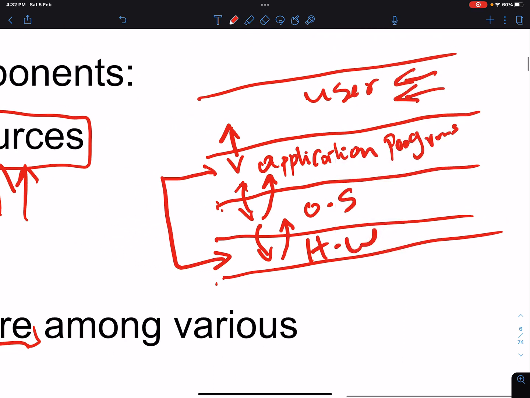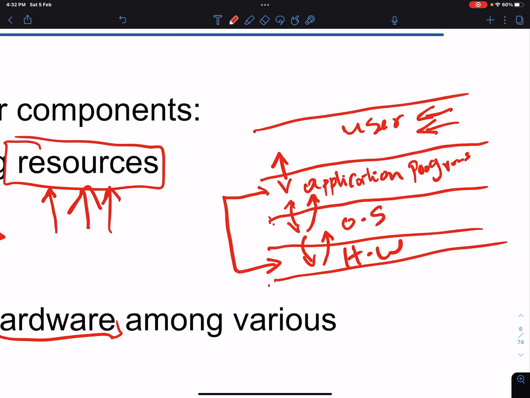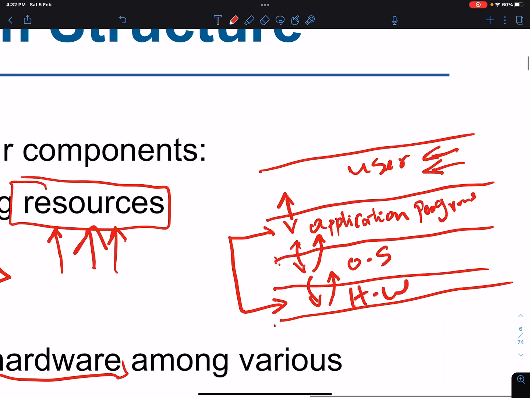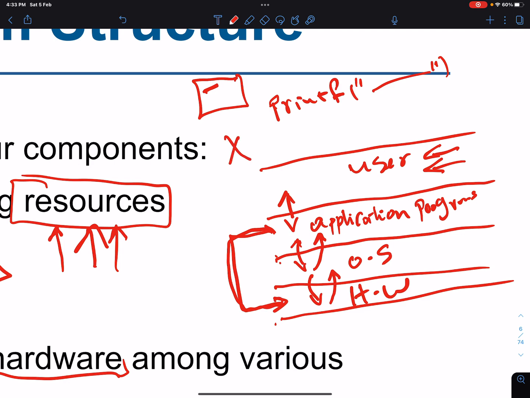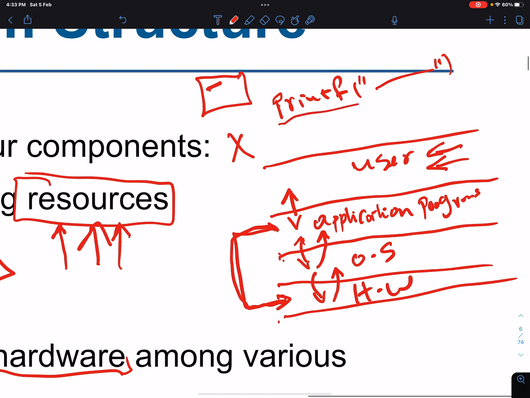So one of you should ask something like, okay, but you know what? When we started programming, we used something like printf in C. And what printf does is it takes whatever you want to print and puts it directly on the monitor, right? So this means that we can literally communicate directly with the hardware. I say, no, that's wrong. That's not what's happening. This printf that you write literally talks to the operating system.